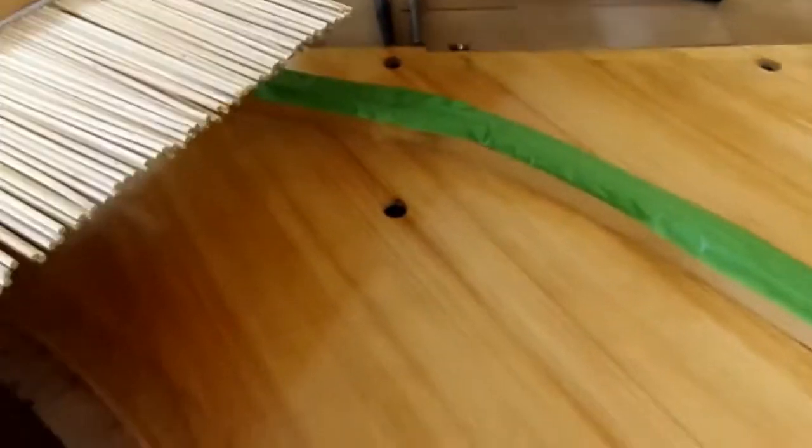That's where it's glued into the rim here. That's underneath this piece of wood. It comes out 90 degrees and begins to rise into a crown here, goes around and then back down flat. Anyways,